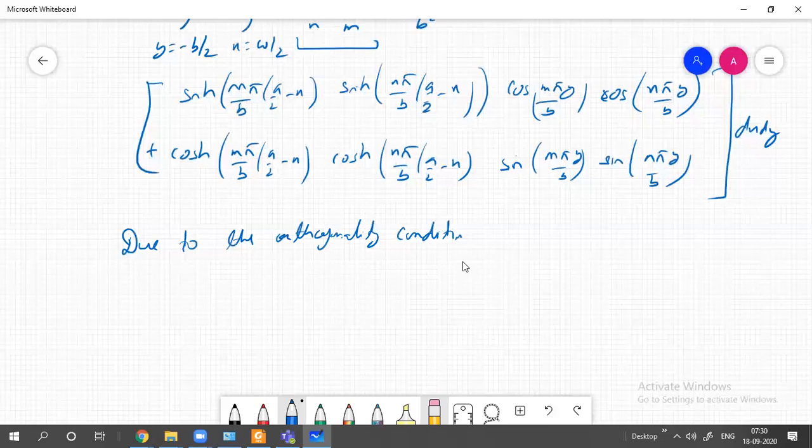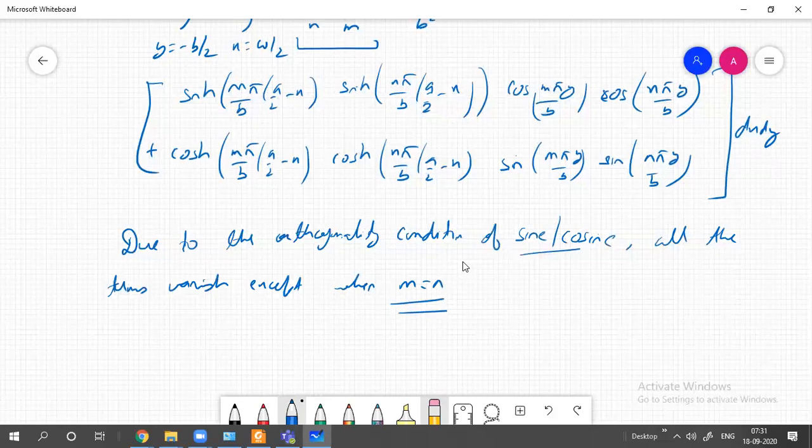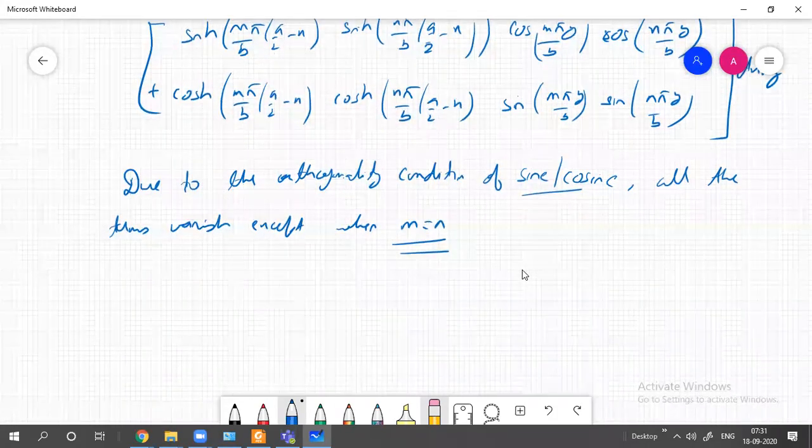Okay, orthogonality condition of sine and cosine. So all the terms vanish except when m equals n, due to the orthogonality condition. So what we are going to have here,